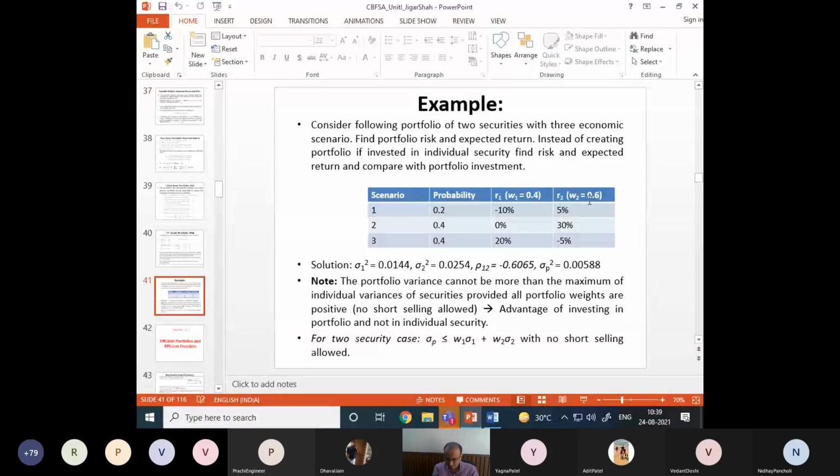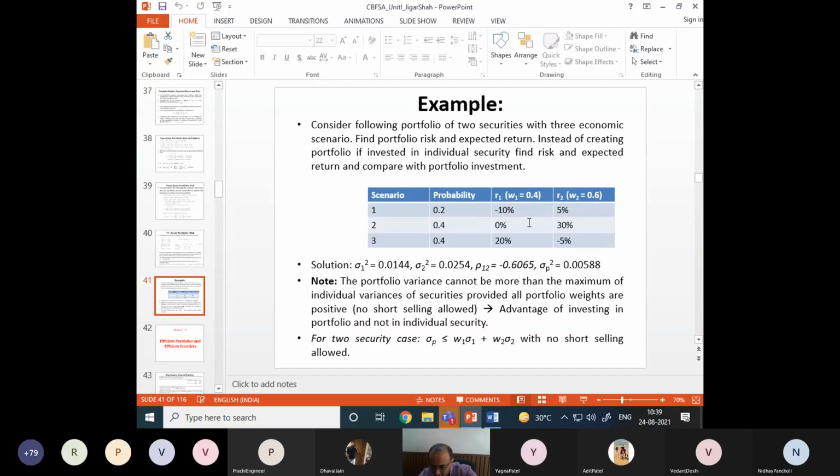Let me define what an efficient portfolio is by understanding some examples, and then we go through how to find the efficient portfolio. And from the efficient portfolios, we find the efficient frontier. That's very important. So as a portfolio analyst, you must know what the possible efficient portfolios are, and from that you have to pick the efficient frontier. And that's how the portfolio manager can construct the portfolio. So you need to know all this data: sigma 1 square, sigma 2 square, rho 1,2, of all securities must be known. How can we know that?